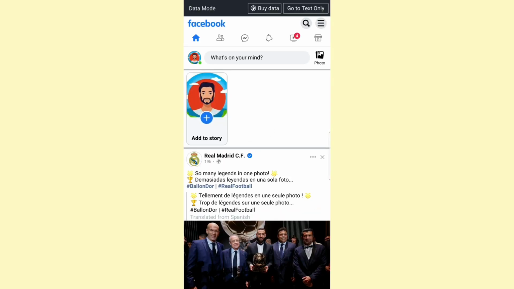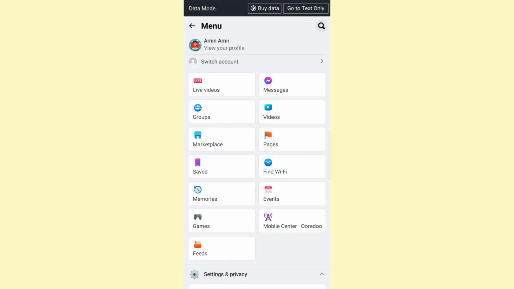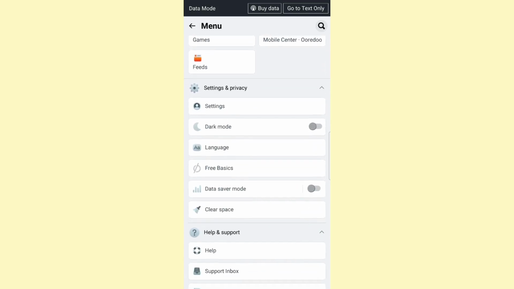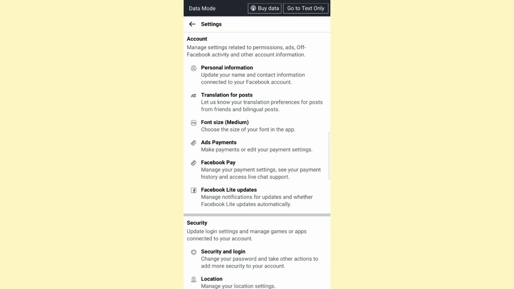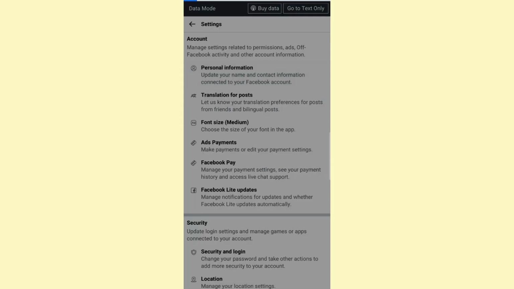So go ahead and open up Facebook Lite. And once you do that, click on the three lines at the top right corner of your screen. Then scroll down to the settings and privacy section. And from there click on settings, and here from the account section click on personal information,